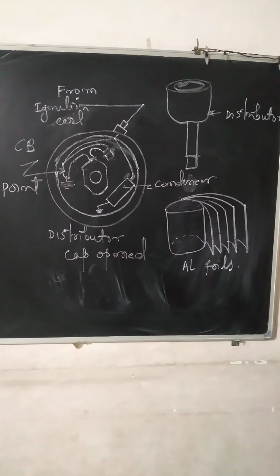So that is how from the battery 12 volts of current is coming, and in the primary coil only 12 volts is going, in the CB point only 12 volts is going, and in the condenser only 12 volts is going. So when the contact breaker point opens, the output in the ignition coil is 22 to 30,000 nowadays. Maybe 22 to 25,000 volts of output you will get over there.